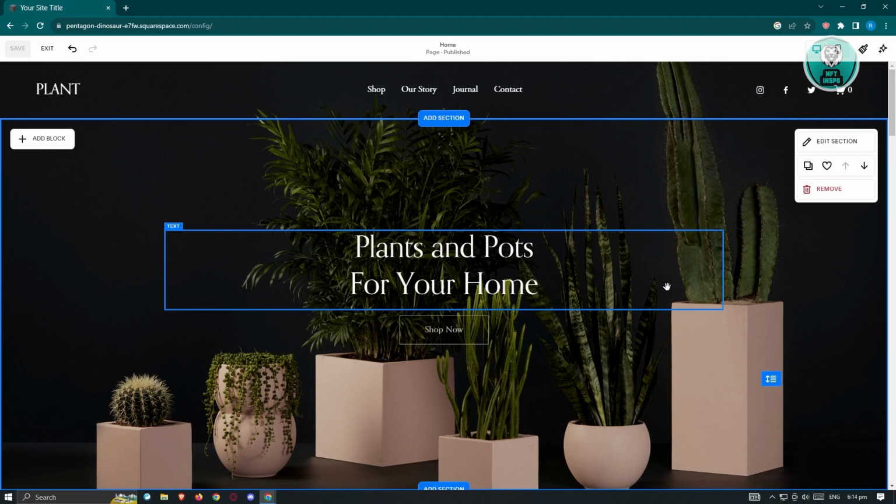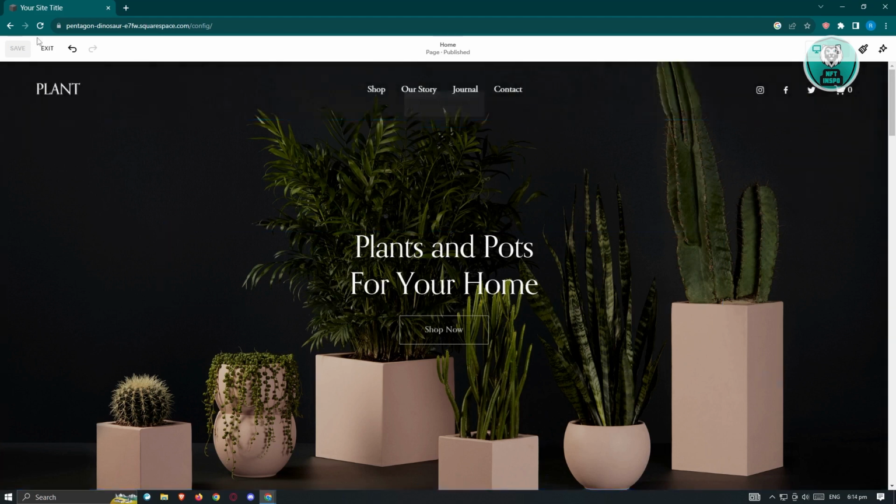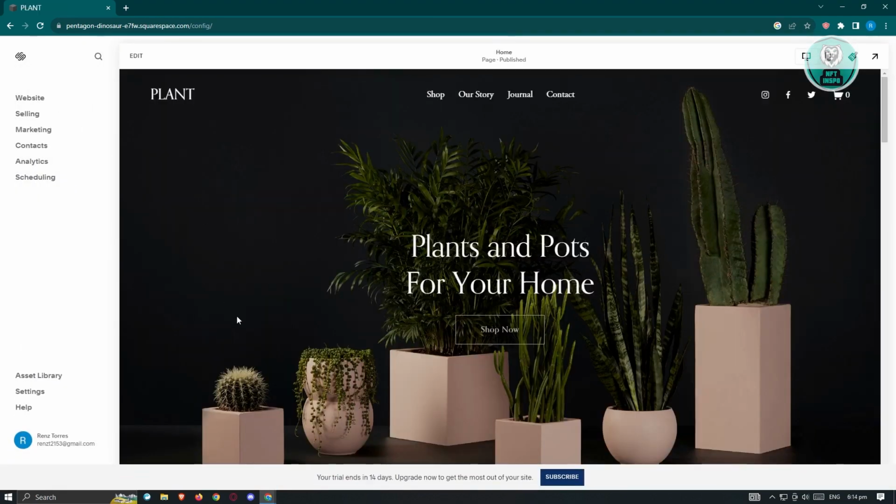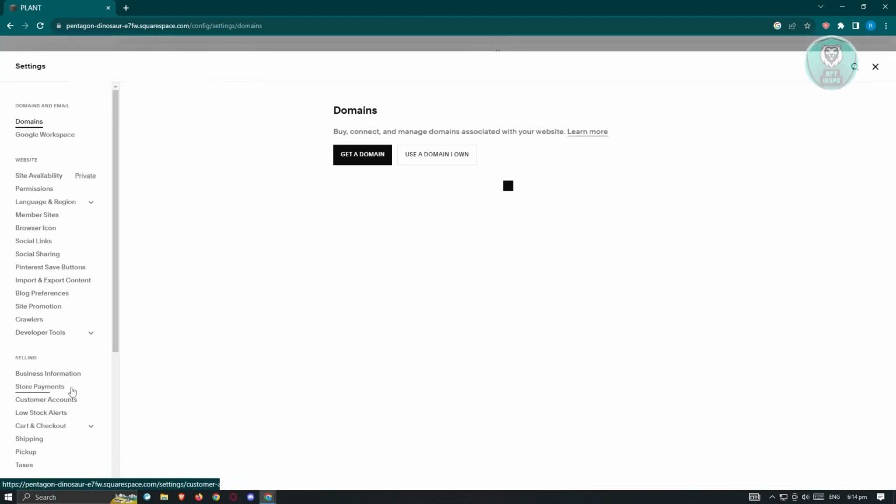Now, another thing that you could start checking here is the domain that you are using. So for now, let's just go ahead and click on exit here, and we want to go to our settings. At the bottom left of your screen, if you click on the settings button here, you will be redirected to your domain. Now in this case, if you're using this